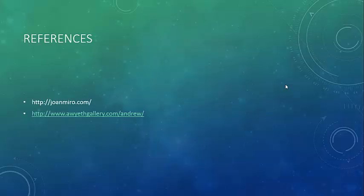And I have a couple of references where I took some pictures from the juanmoreau.com site and the